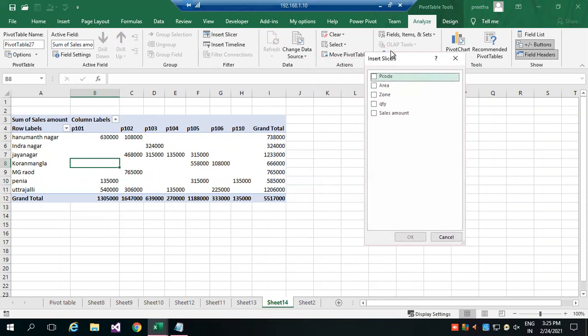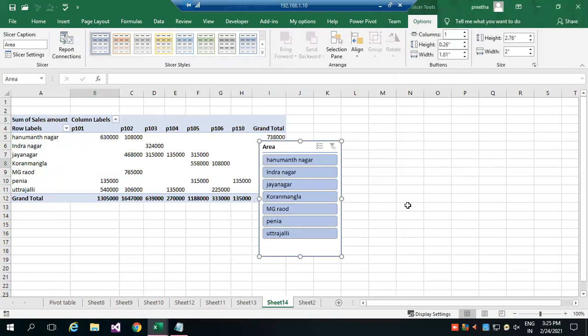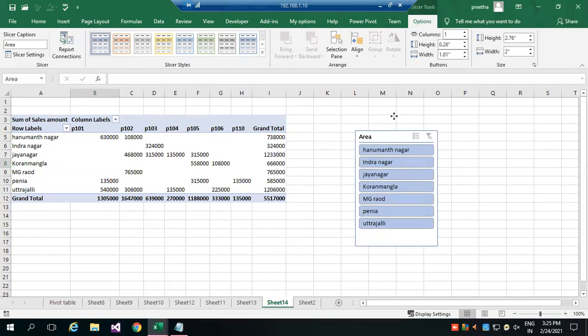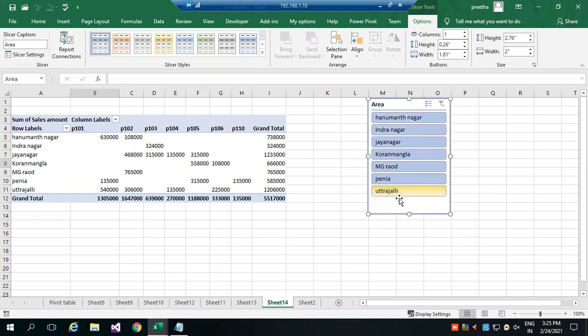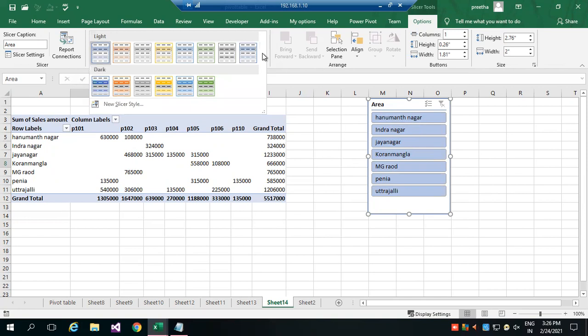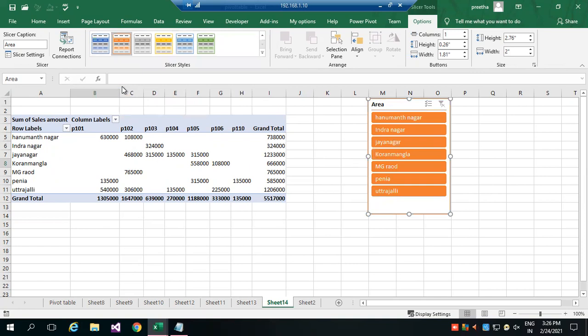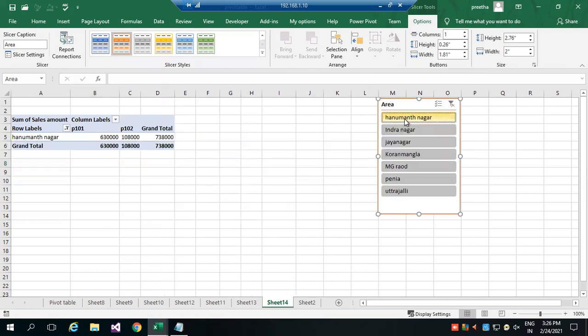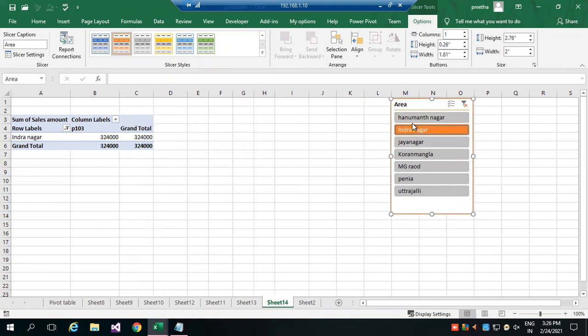In the slicer, I wanted to see for area. You could see here all the areas are in my slicer. I could select the different color so that I wanted to see only for Hanuman Nagar. You can see immediately it is changing.